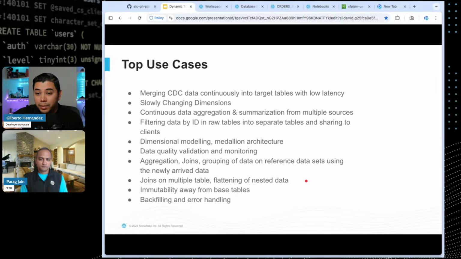So they're going to process only the new changes that have landed in the source data. I think that's been around since dynamic tables launched. I think another cool thing that folks should consider as they use this feature is immutability, which you touched on a bit, right? Yep. So can you touch a little bit, just quickly, on how immutability helps